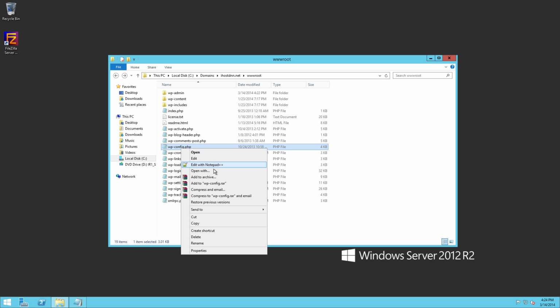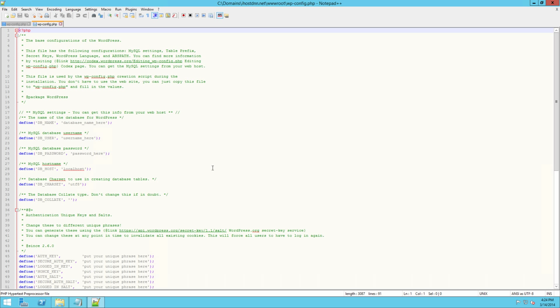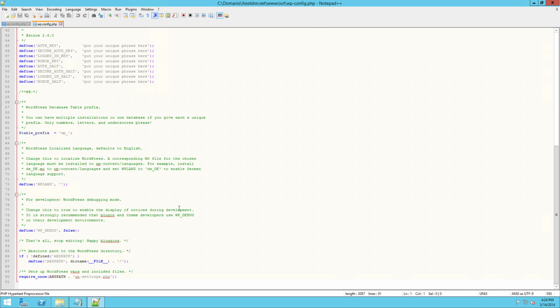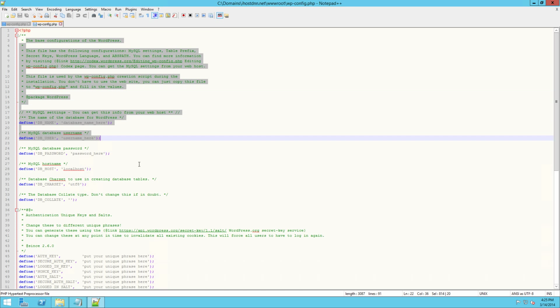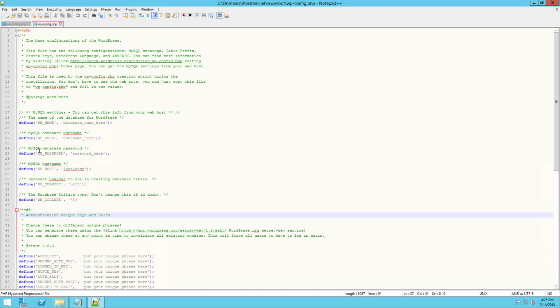So if we choose edit with Notepad++, you'll see the same text document open in Notepad++, and now you'll see Notepad++ retains all of the actual formatting in the PHP code of this file, and everything's nicely spaced out. You can actually see what you're working with, and this makes it a lot easier. It pretty much guarantees we're not going to make silly typo mistakes. So I highly recommend using the Notepad